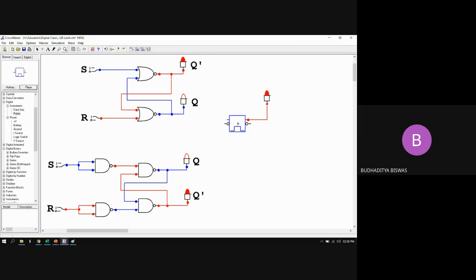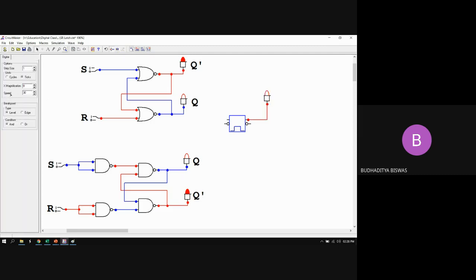So in this simulation, just bring one clock pulse or pulsar block, and connect the output. If you run this circuit and make the speed 5 or 6, then you see what the pulsar is. This is nothing but a train of pulses: 1 0 1 0 1 0 1 0, infinite times. So it's a square wave, sometimes on, sometimes off, with the same on time and the same off time. This is called the pulsar. Got it? It's actually a pulse generator, where high is 1 and low is 0, and it's a square wave.